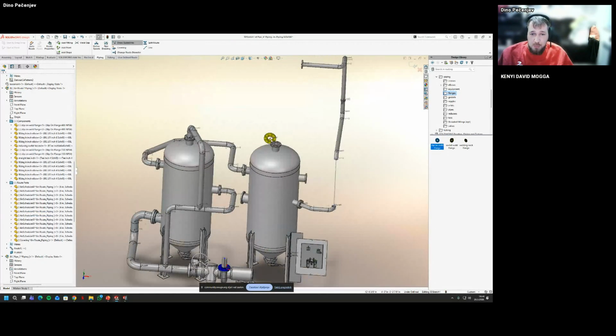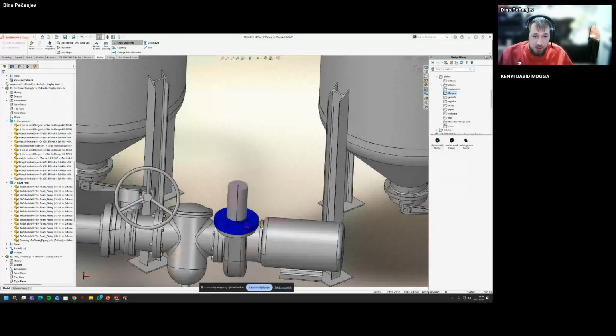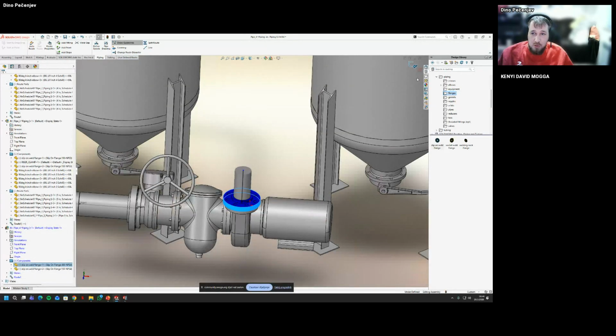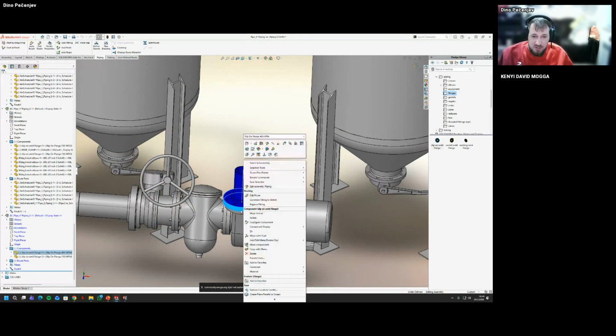So for this, I'm just going to put the flange here. Actually, I need to change this. How I can change this, I can just go back, exit the sketch, and either configure component, or I can just select it here. So I can change it.